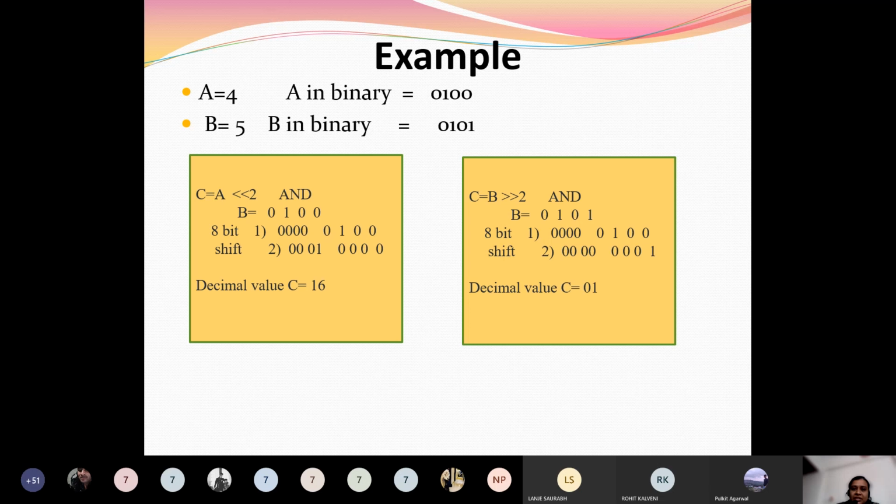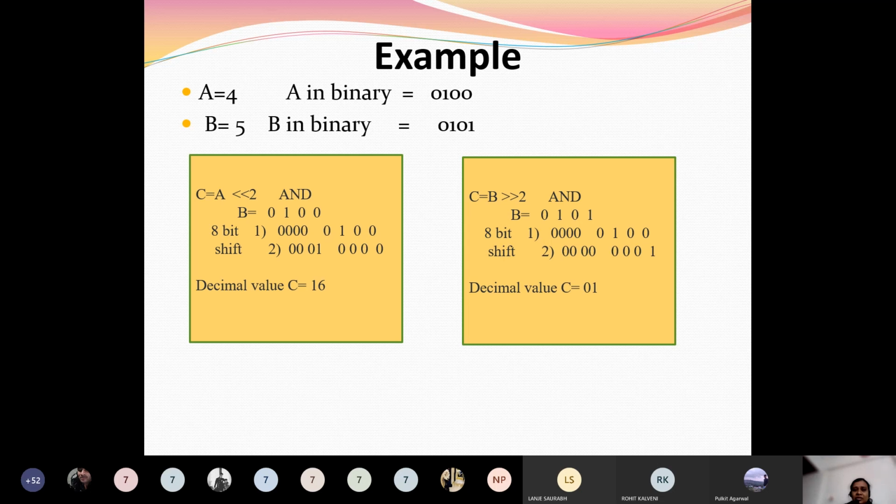So first I will represent it in 8 bit. 8 बिट में represent करने के लिए पहले हमें 4 0 append करने पड़ेंगे, in the MSB position, so its value is not going to be changed. But if you append the 0 in the LSB position, its value is going to be changed. So we just make the representation of the number from 4 bit to 8 bit. हम 4 बिट का नंबर 8 बिट में रिप्रेजेंट कर रहे हैं. Why? Because when you shift the bits, it should be represented in the form of 8 bit. So this 4 I am going to represent like this: 0 0 0 0 0 1 0 0.